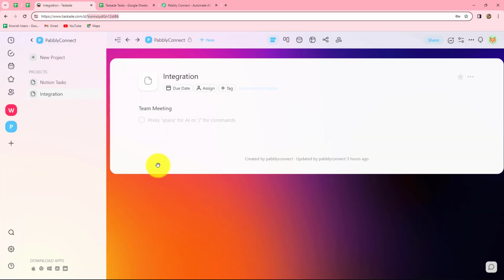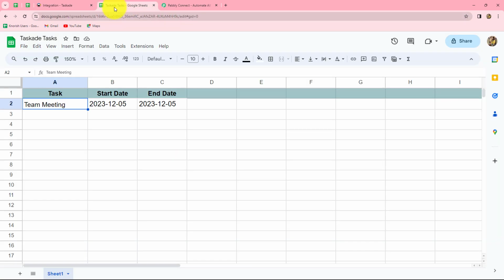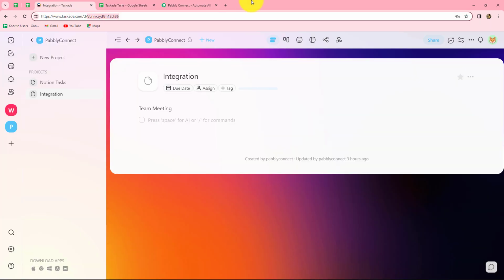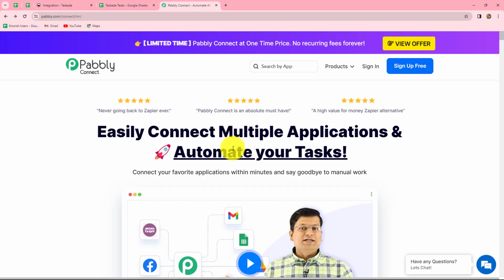So Taskade is an amazing AI-based project and task management software with the help of which you can very easily manage all your projects and tasks for business. Okay, so now we are going to create this automation by setting up a simple integration between Google Sheets and Taskade, and that we are going to do with the help of an amazing automation and integration software, Pabbly